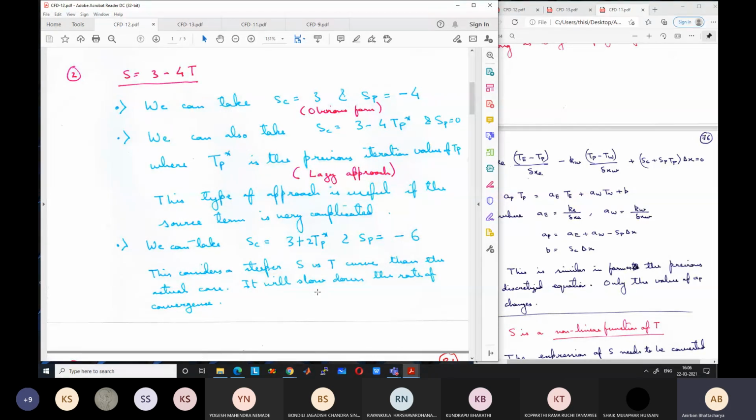I can slow down the rate of convergence, but increase the chance of convergence. Or the opposite can happen. I can increase the rate of convergence, but the chance of divergence will increase. Convergence chances will decrease because of larger fluctuation in each iteration. So in highly nonlinear problems, it is sometimes useful to slow down the convergence by taking a steeper slope. Is it clear to everyone, or is there any question?